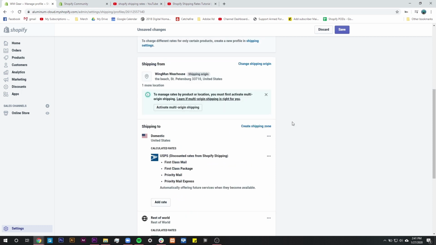And really, I think the big benefit of flat rate shipping is that if you get over a certain dollar amount, or at least this is how most people set it up, if you're buying over a certain dollar amount, then you get free shipping. So it's an incentive program basically to get people to spend more money or buy more products from you, which is great. And we are seeing it work on one of our stores,